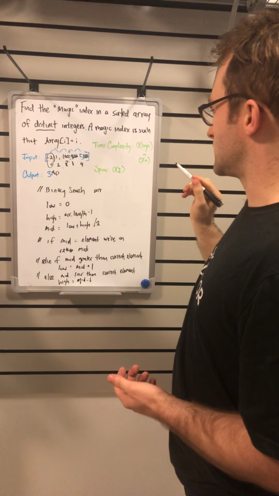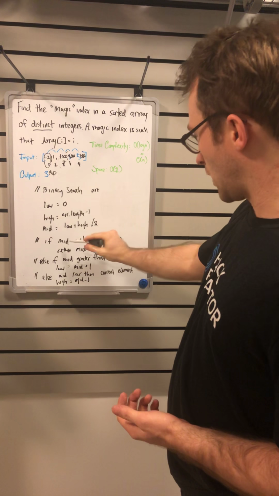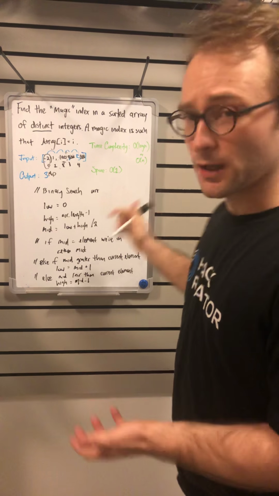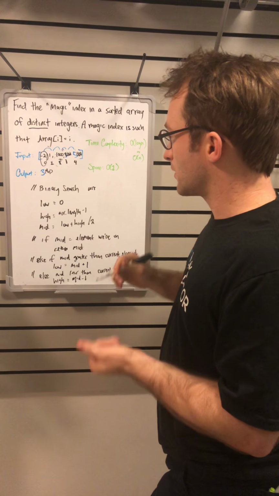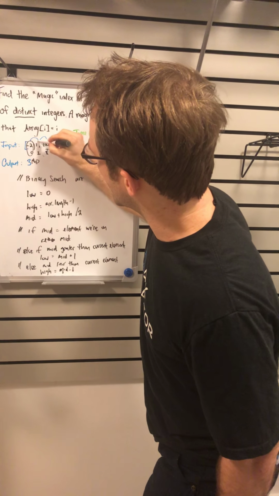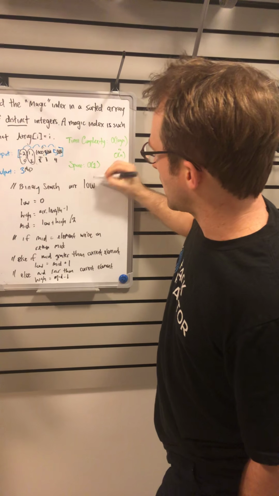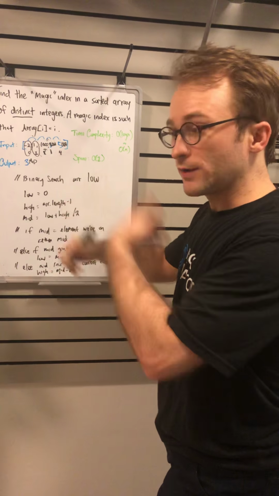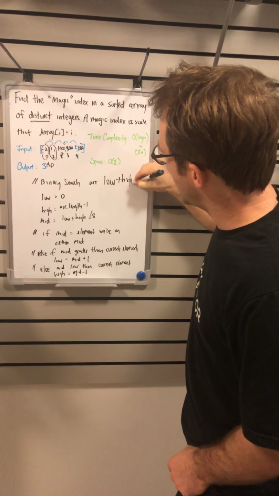And now that the mid is 0, we ask the same questions. All right, is the mid the element? No, it's not. Is the index greater than the current element? It is. Okay, so then we're going to add 1 to it, move it over here, and then we're going to re-add our mid. We're going to reassign our mid again and do our low plus our high divided by